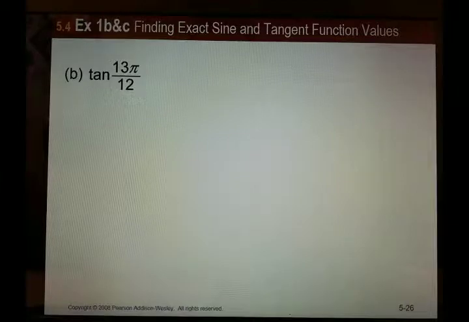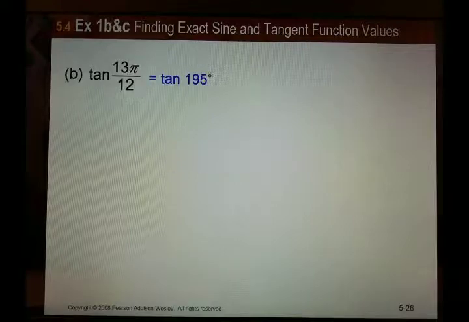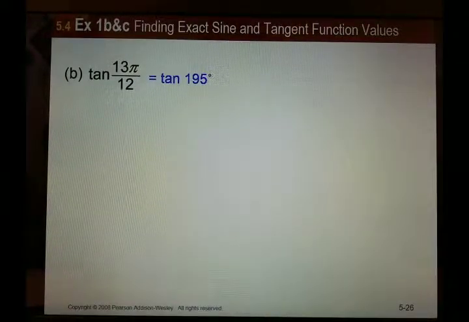So the tangent of 13 pi over 12. Just like when we did the cosine sum and difference rules, we switched those to degrees. Please do the same here. So I would do 13 times 180 divided by 12. That's going to give me 195 degrees. 195 degrees is going to put me into quadrant, hopefully you guys are thinking quadrant 3, with a reference angle of,